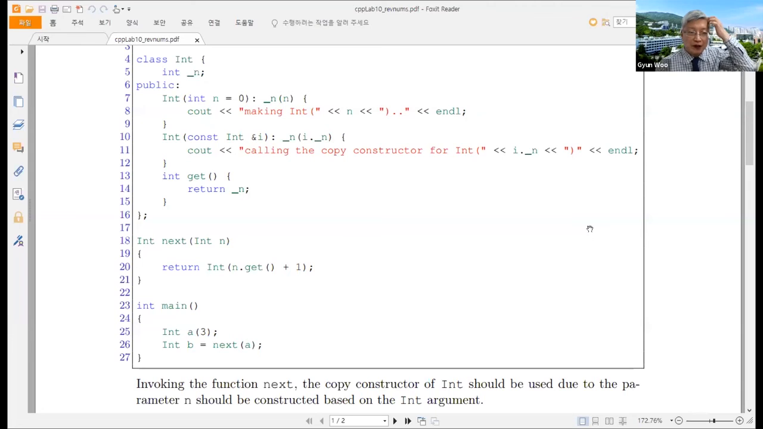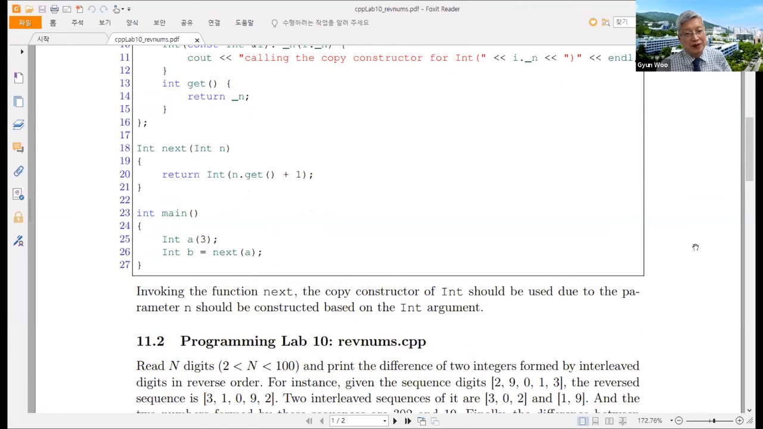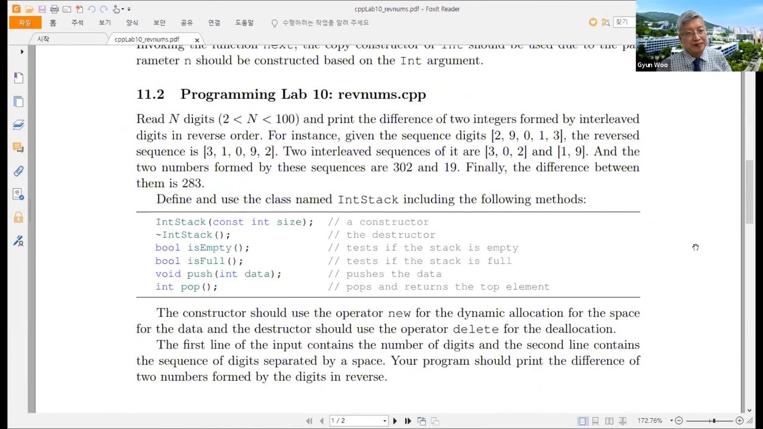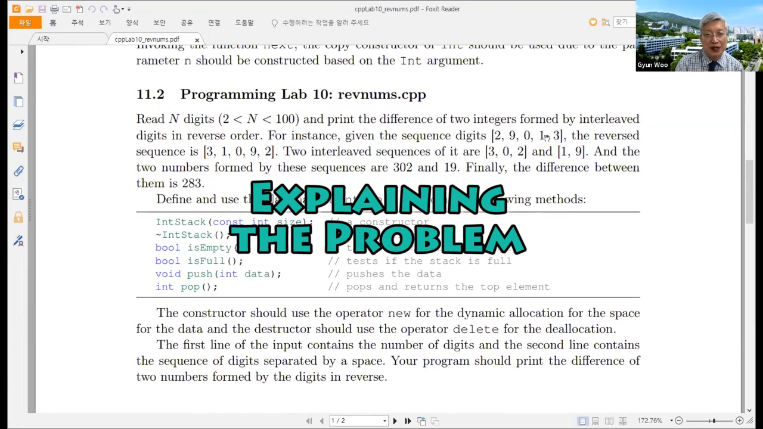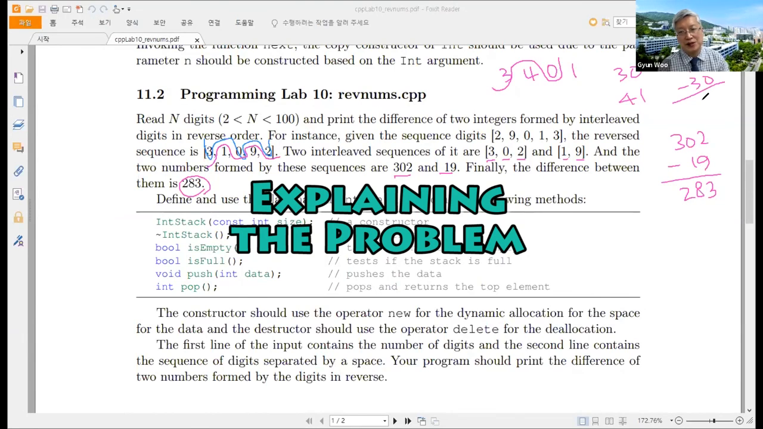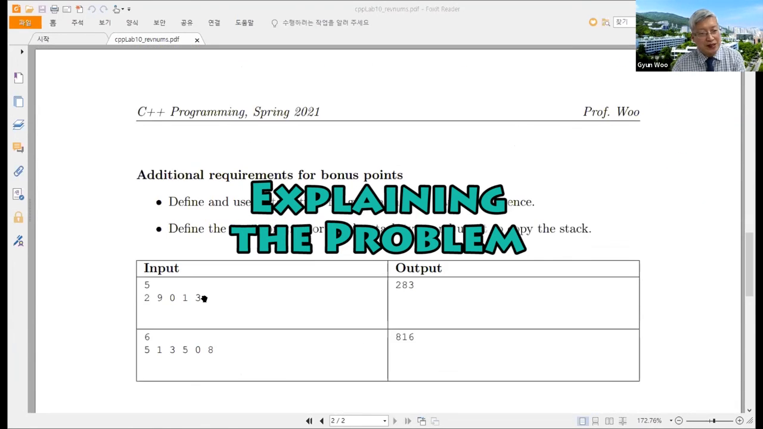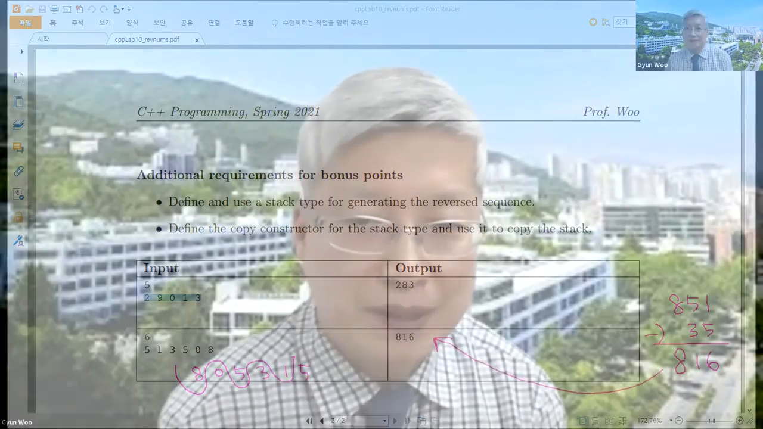So if you don't have any question, let me describe today's problem. Do you have any questions up to now? Any more questions on the problems or contents of